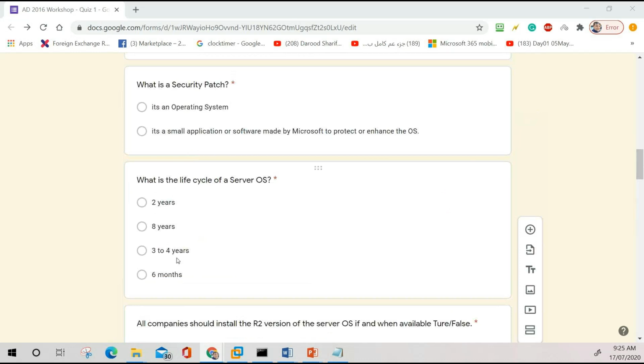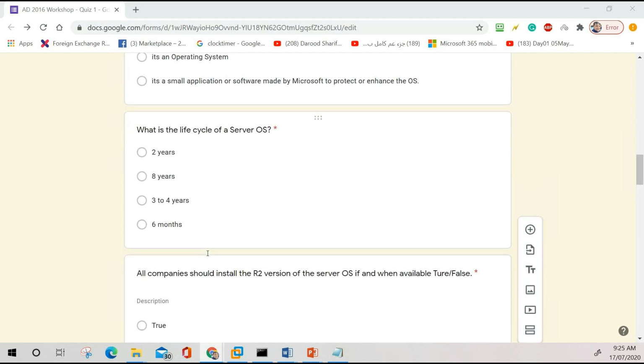Other than that, yes, the 3 to 4 years life cycle. Most of the companies would not wait for 8 years for an operating system to be removed. 2008 support is completely ended. It was extended 2 times. And I know if 2008 exists on Azure, then you can use it. Then there is support. But if it's out of Azure, there is no support. Microsoft won't even touch it. And they can provide extended support if the company is ready to pay millions of dollars, because I've just been through that project right now. So in general, it is